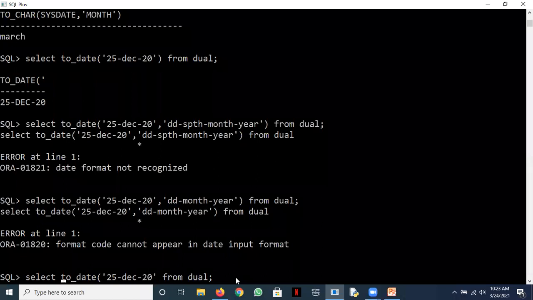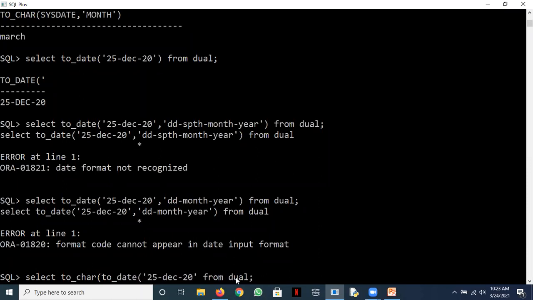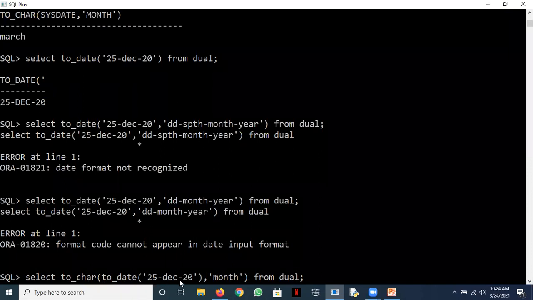Okay, so now let's extend this. The date has been converted. From this date I want to pick up the month, so I'll use TO_CHAR like this. This is my date and I want to pick up the month from it. See it carefully now, all of you. First I was writing TO_CHAR SYSDATE, so it was picking up the system date. Now I'm targeting a date as 25th December.